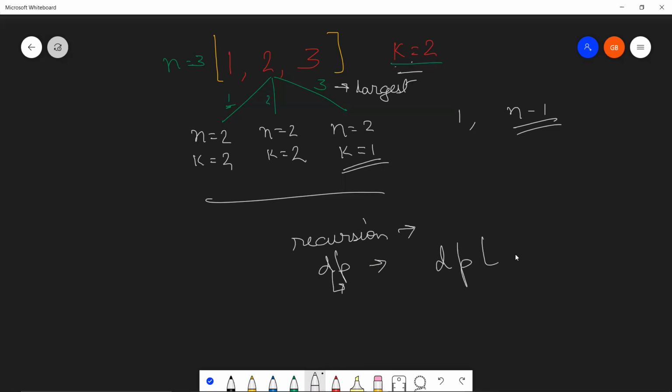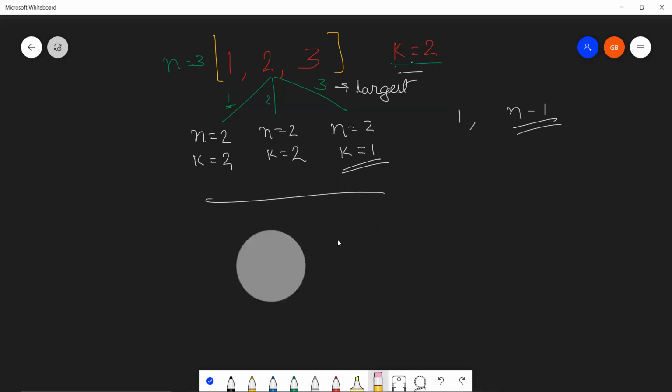This time you have only two variables, so n and k will be the dimensions of this DP, and I've discussed the base cases with you just before, right? So now the complexity for this would definitely be n into k. Since we are maintaining only two variables and that is enough for us, the time complexity over here will be given as n cross k, right?